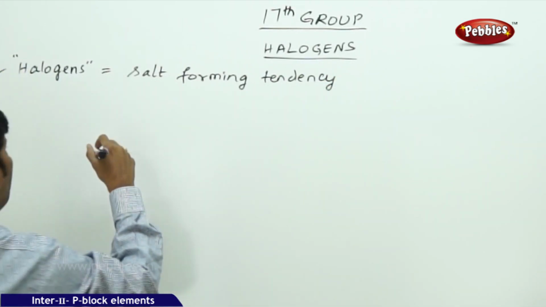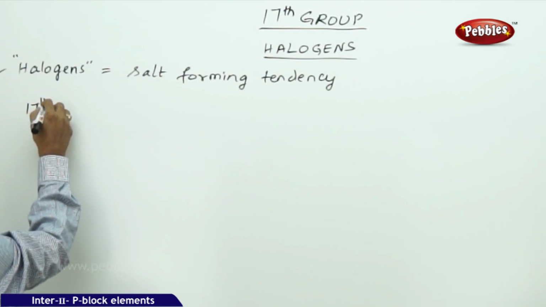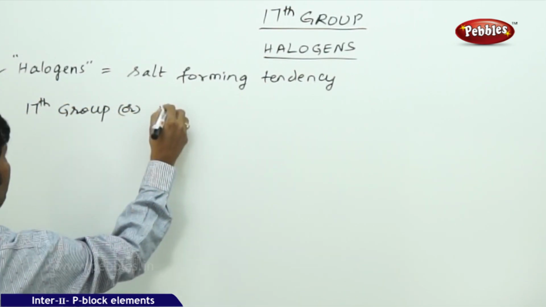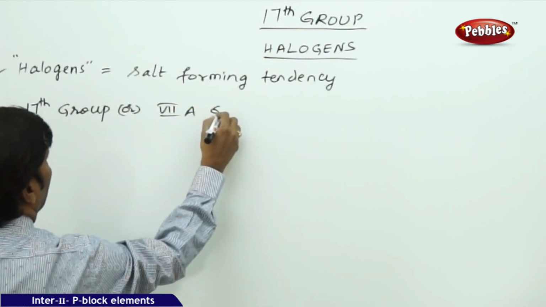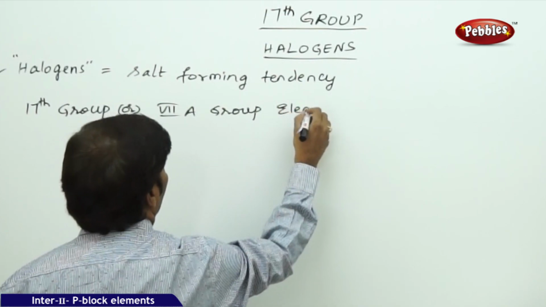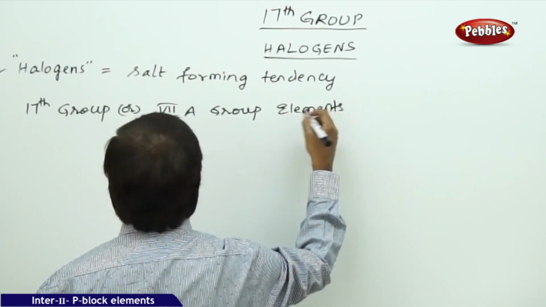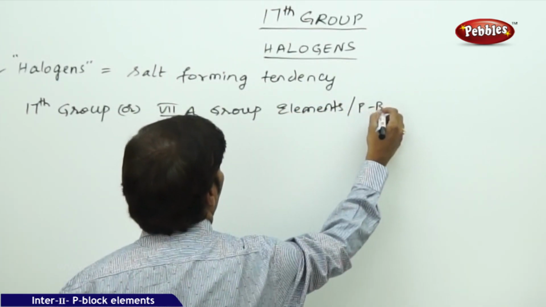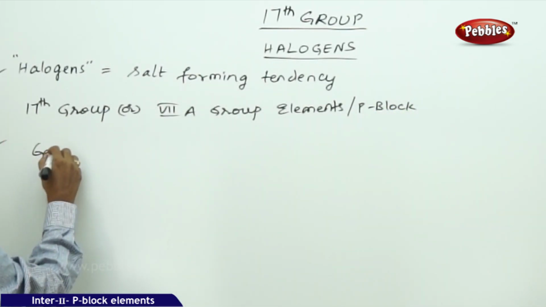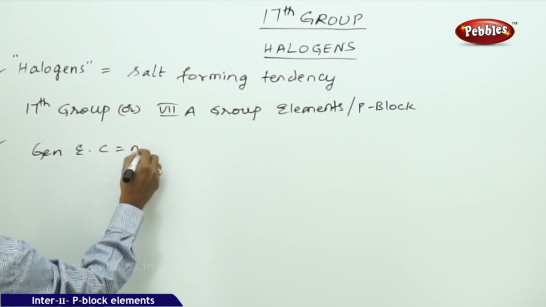Second, they are 17th group or 7A group elements. 7A group elements are p-block elements. They belong to the p block and their general electronic configuration is ns2